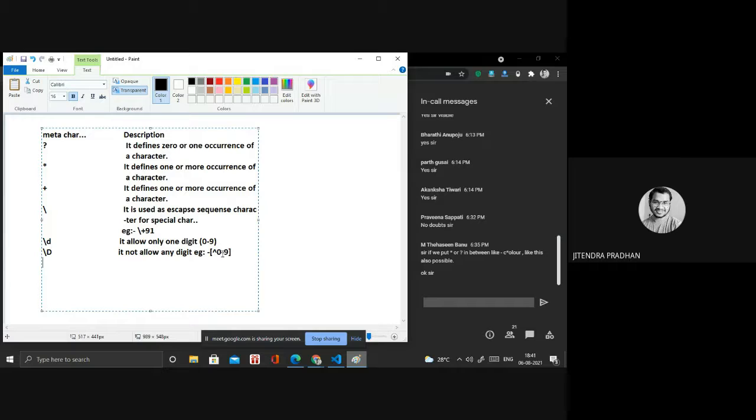Next one we have, if you write any excluding character, like a specific character. So it is excluding, including and excluding. Excluding means without that you have to write. Including means with, in that format you have to write.